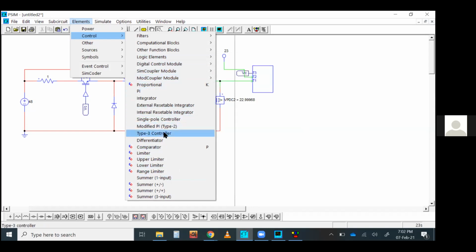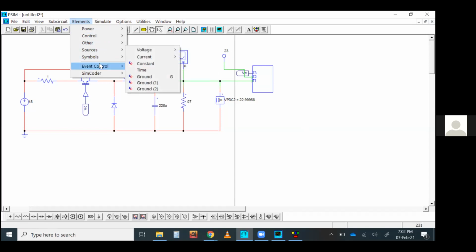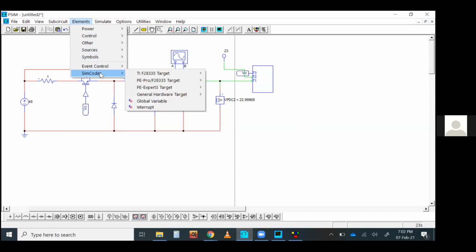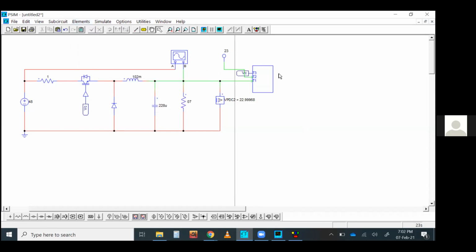Right now I cannot find it, but there's a C block available here as well, where you can simply write your C programming code. So you can give it a try later to find the block. This will be simply a block like this. You double click it and it will give you a text script where you can write the code. What kind of signal generation you want, what kind of logic element you want. You simply write the code and take the output from this block and give it to your converter to run it in any way you want.